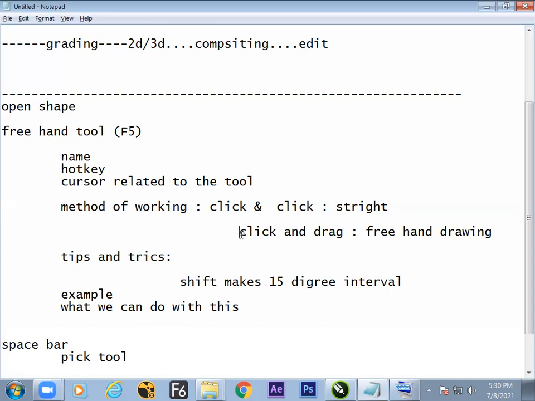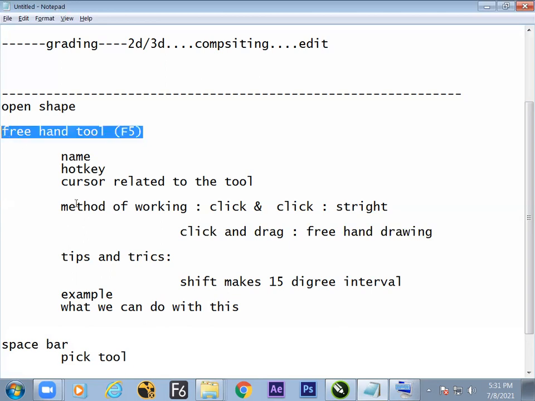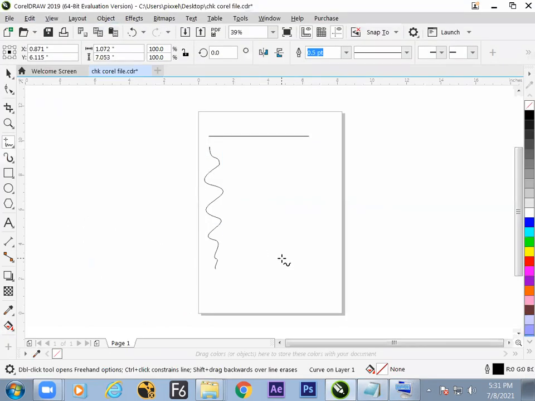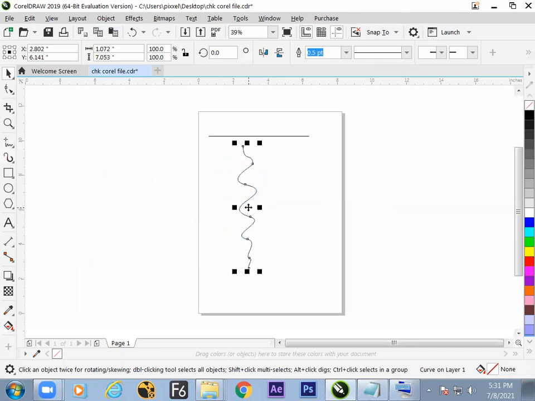So hope these two parts are okay. Is it clear? Tools remain the same. Hope these two methods of drawing are done. Now the pick tool, yes, you can move it from one place to the other place. There are a few events we are able to do with the pick tool. Out of that, one event we got to know is how to move the object from one place to the other place by holding the center of your object.